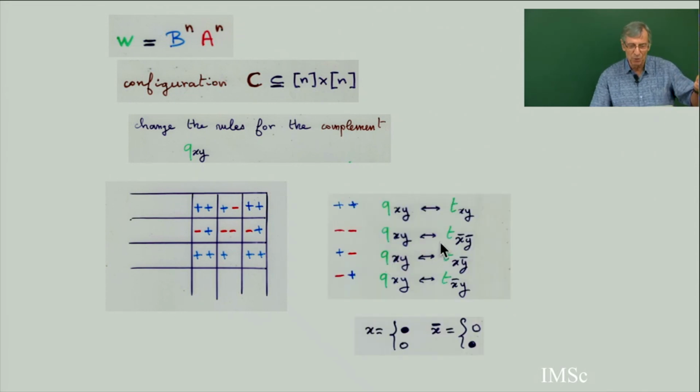In the complement of the configuration, the T will be changed into a Q, where X is this or this, and the rule says the index xy will be transformed into a certain x bar, y bar, where the rule x bar means you change the plain dot to an empty dot, and y bar is the same for y. So depending on the, it's a little, if you think carefully,